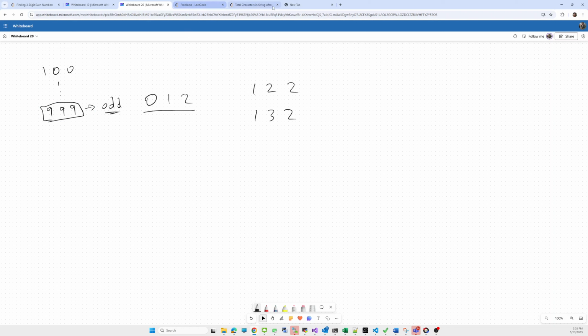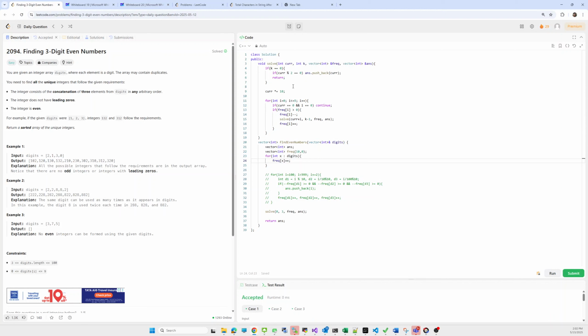So we'll first look into the basic approach. First we count the frequency of each digit to know whether each digit is available or not.